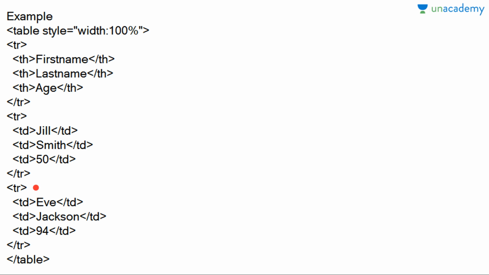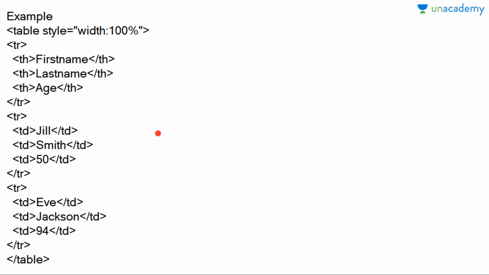Then we again go to a new table row, tr, then td Eve, td close, Jackson, td close, 94, td close, then tr close, then table close. This means the complete code is done and it is executable now. So how will the output be displayed?